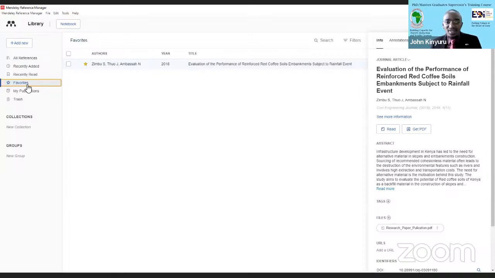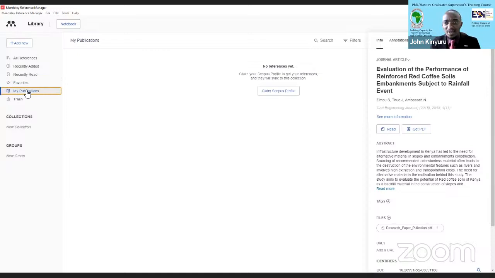My publications is another very important option. On my publications, you want to store the papers that you have published yourself. Yes, they are among all the references. They are part of the library, but this is my references. I want to add them there because I want to keep track of how many of my papers are getting published. You can easily either add manually, or if you go to all references,